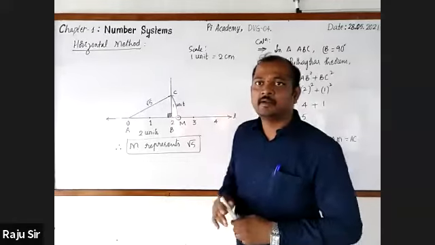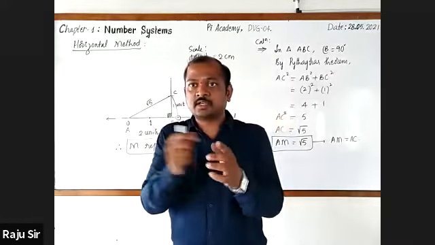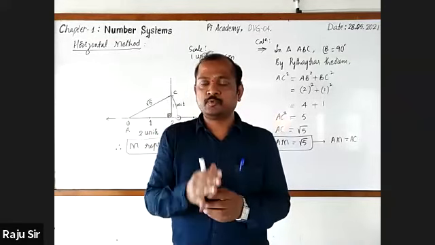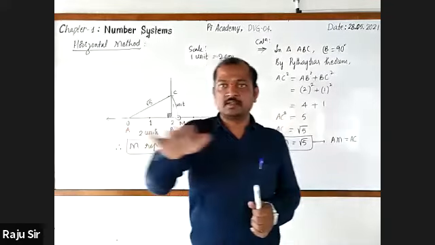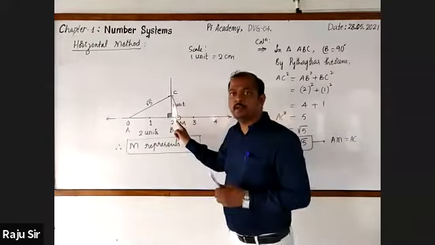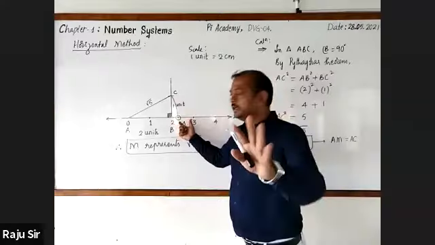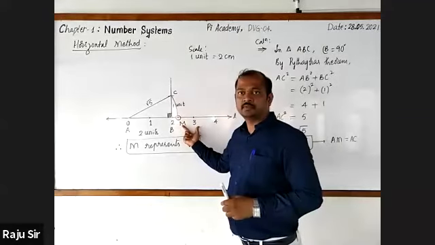Dear students, just go through the last 3 constructions with respect to root 5. One is Theodorus wheel method, second is vertical method, third is horizontal method. In all the 3 methods, where is the point which represents root 5? Between 2 and 3, sir. Yes, you are right. It lies between 2 and 3.